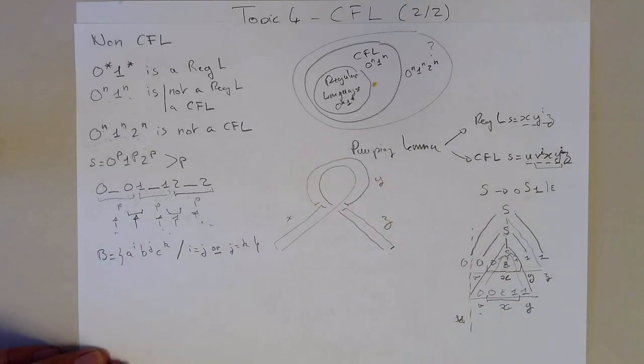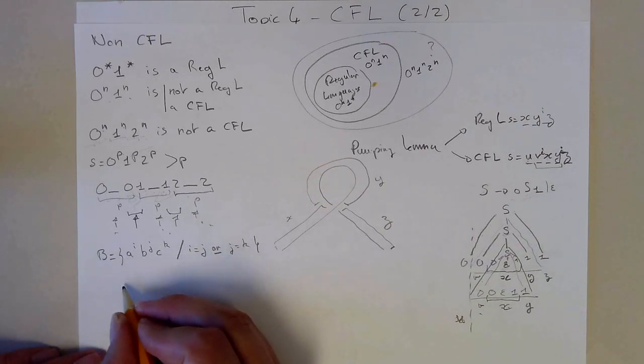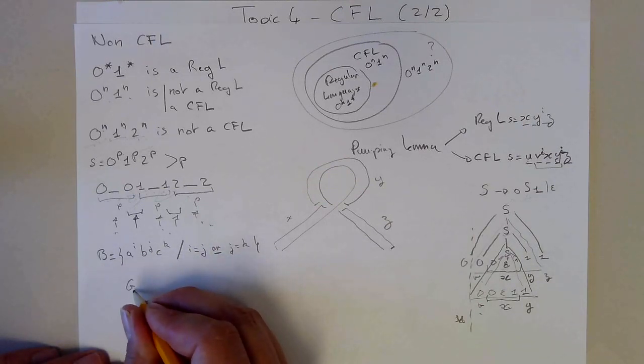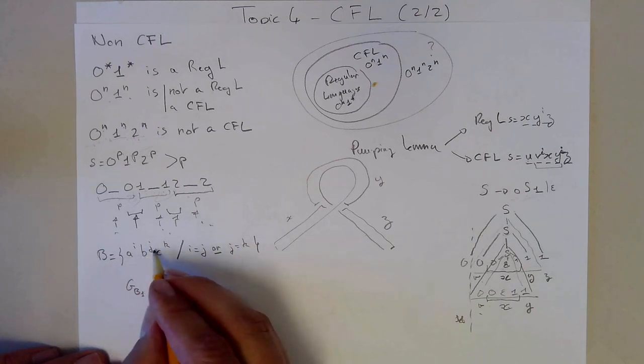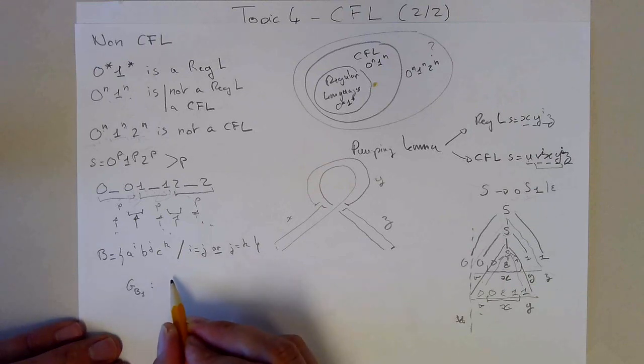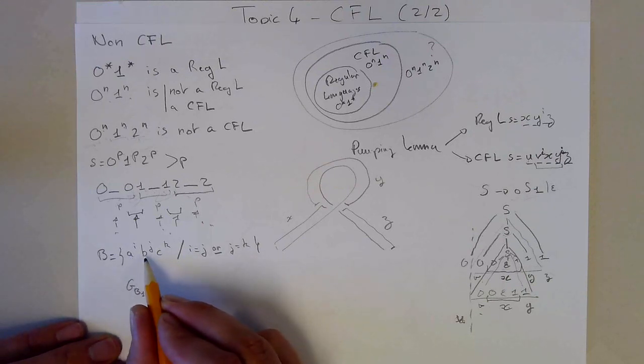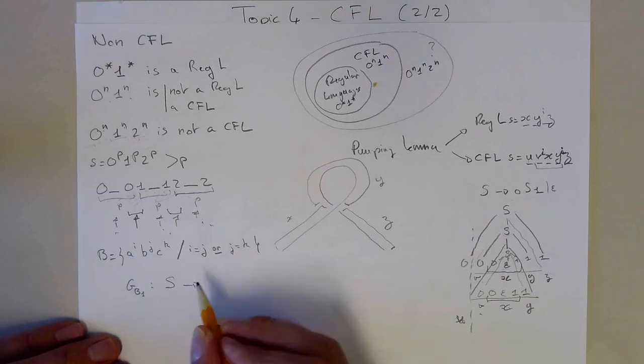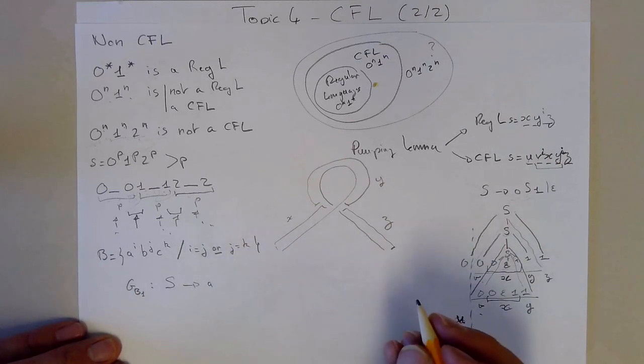So let's write B1 and B2. So the grammar for B1, where these two are equal, would be the following, right? You want the same number of A and B, so you're going to have A